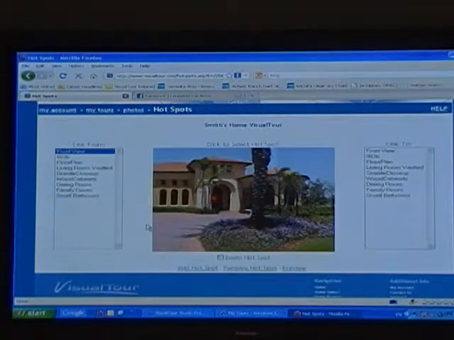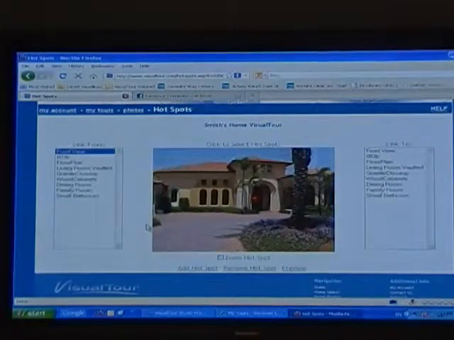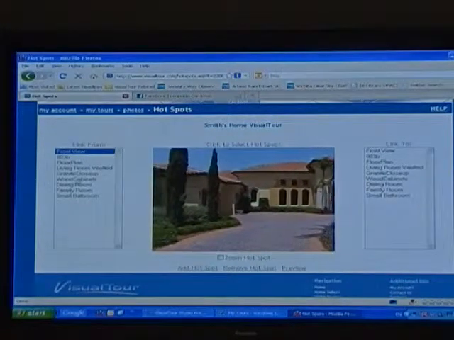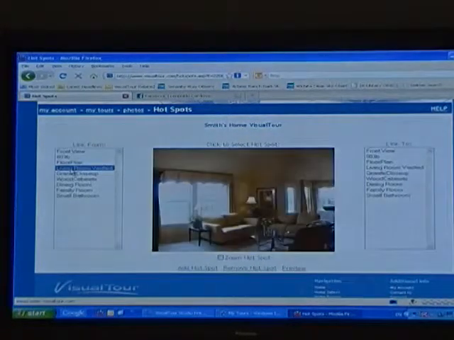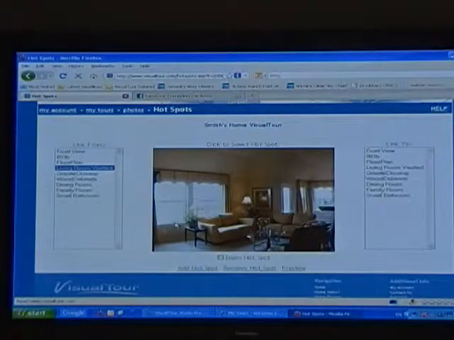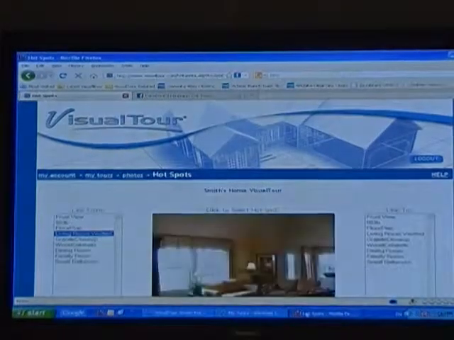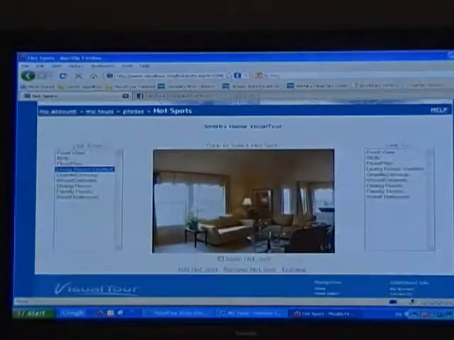Oh, so that was being added to the visual tour right now. So a person can click on that and go to the next room. So I'm going to go ahead and go to the living room, which is where they would go, and I'm going to add another hotspot here. I'm going to put one right here on the granite. And I'm going to link it to the granite close-up picture that I have. Zoom hotspot, add hotspot. So now, if I preview that one,